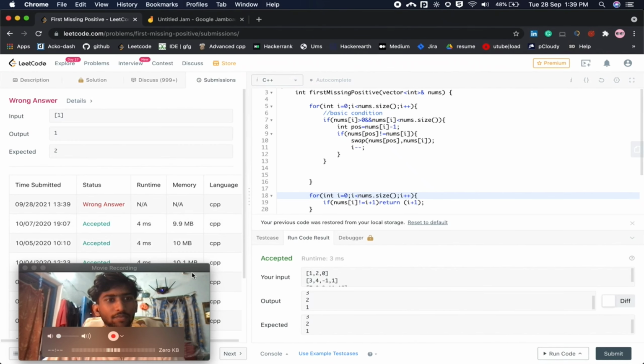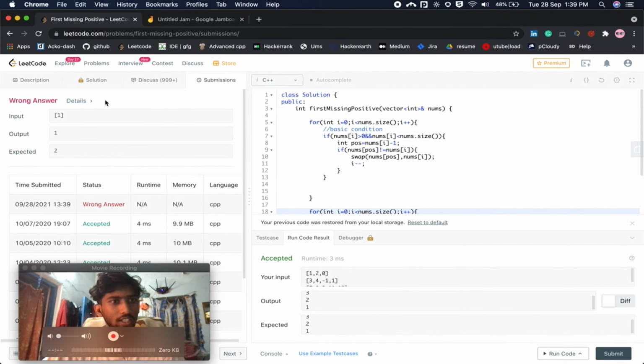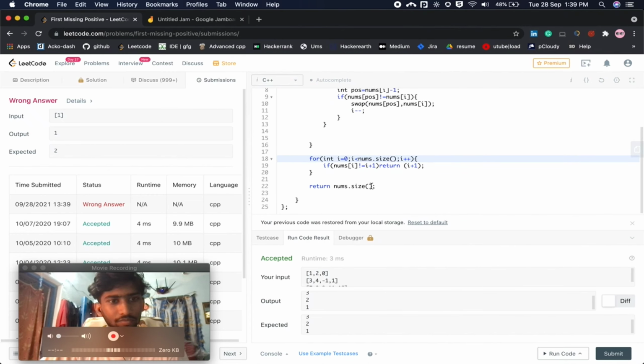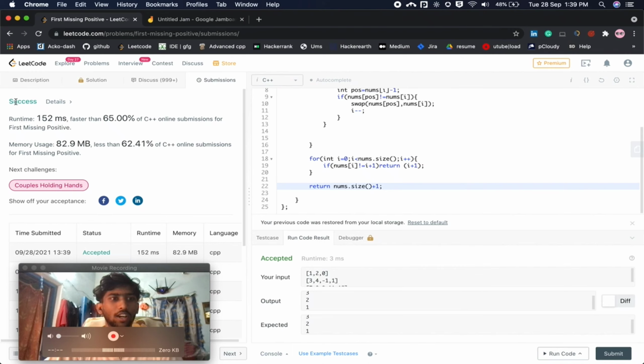Okay, I think I missed some of the edge cases here. Okay, so I got success here.